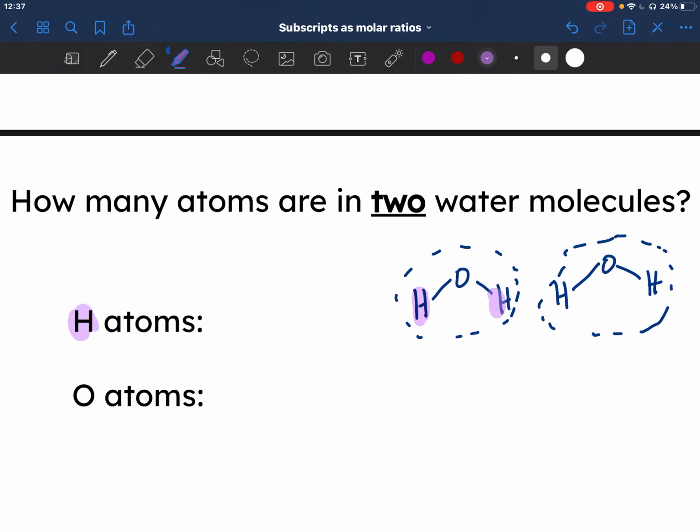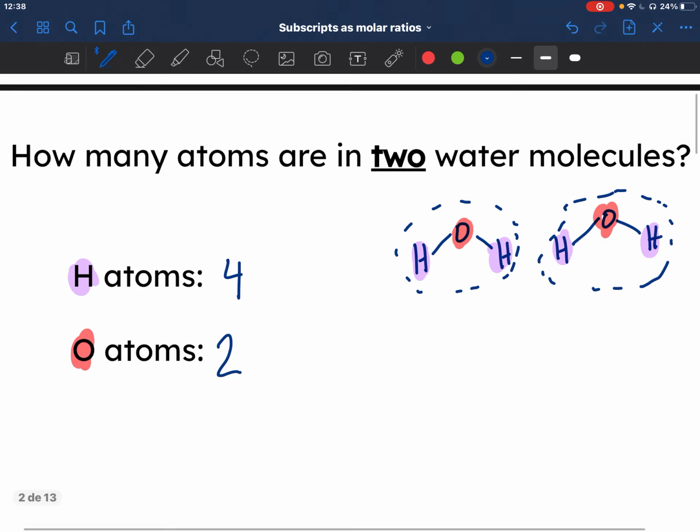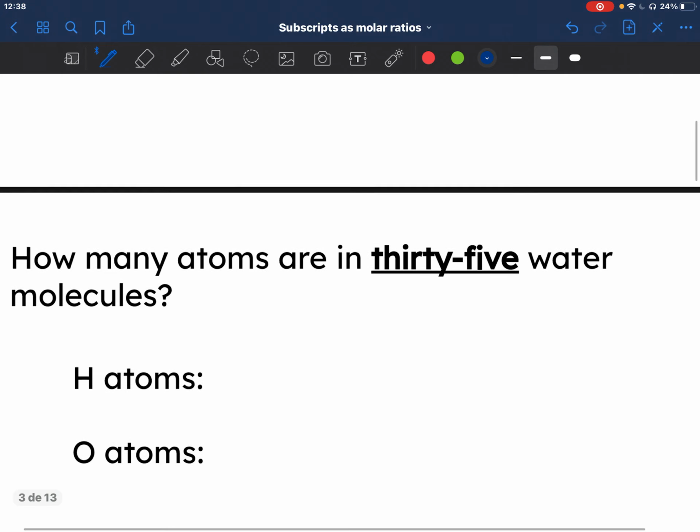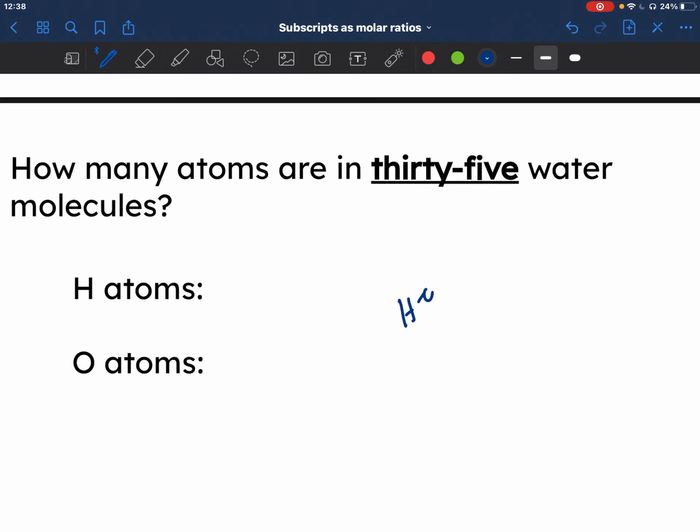I have 1, 2, 3, 4. How many oxygen atoms? I have 1, 2 of oxygen. Okay. What if I were to scale up? What if I had 35 individual water molecules? I'm not going to draw all 35, but